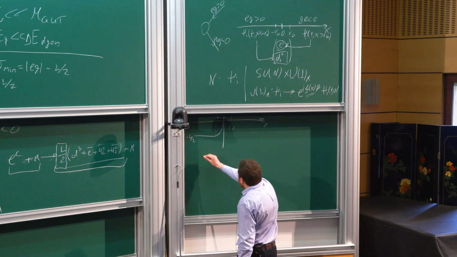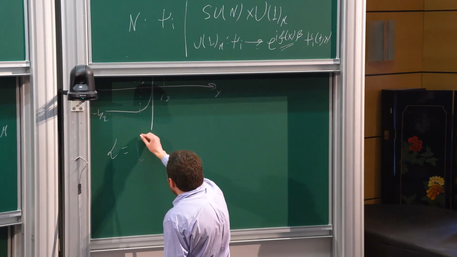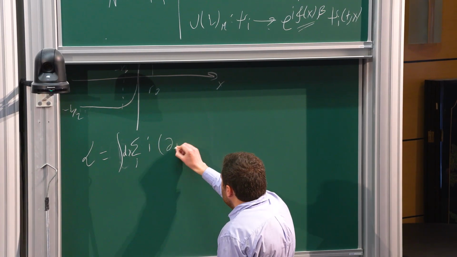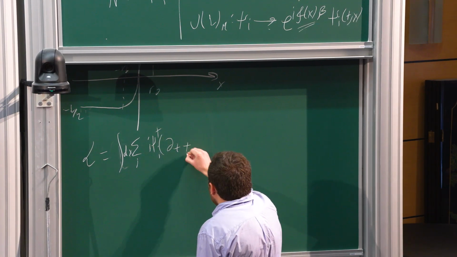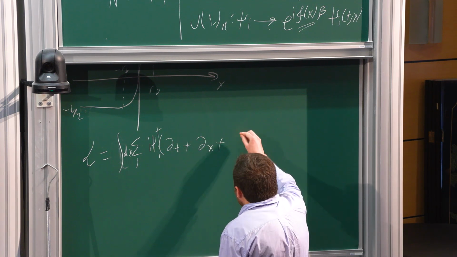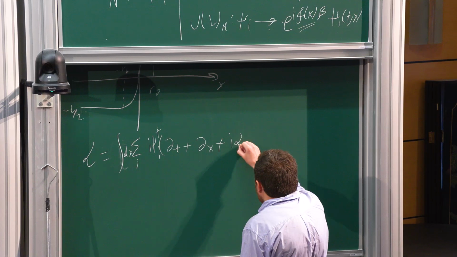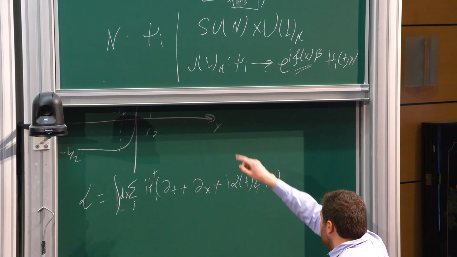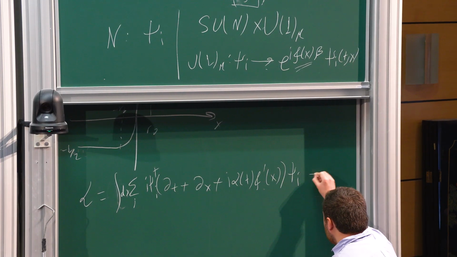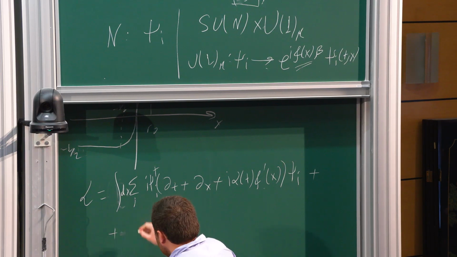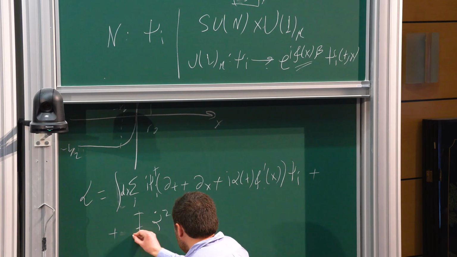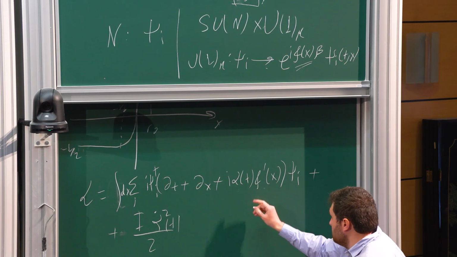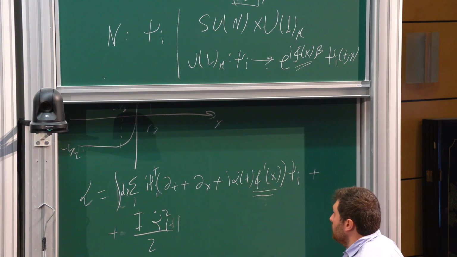So I have just the, let's say, kinetic term for the fermion. It is a right mover, so it's just dt plus dx, plus I have a coupling with the rotor, but the special profile of the coupling is fixed by the derivative of the f function. And I will introduce a kinetic term for the rotor as well, and I will tell you why we need it in a minute. Before that, let's look at the following: the coupling of the rotor with the fermion current is fixed by the derivative of the f function.